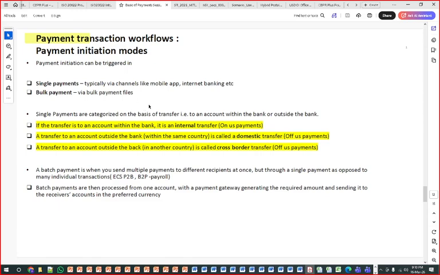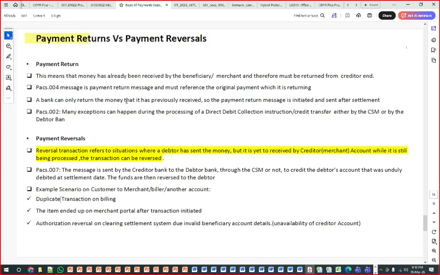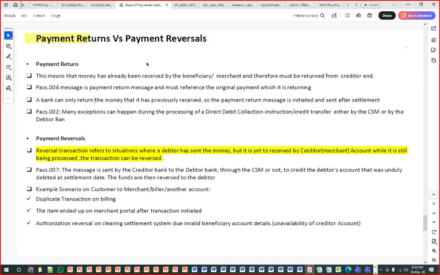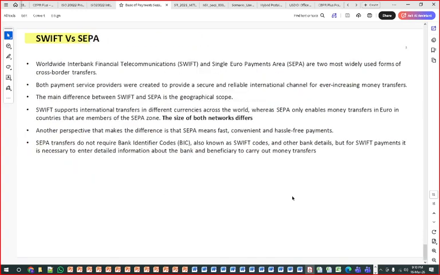There are a number of flow charts, single payment and bulk payment. Also outward payment and inward payment: outward means we are sending a payment out of the bank, inward means inside the bank only. So we'll discuss this concept, and payment return versus payment reversal also. If a payment is settled, it's called payment return. If a payment is not reversed, then we can settle the payment. This is not rocket science. When I start discussing the initial messages, you'll easily understand. But I'm just discussing with you now what the coverage of this session is.